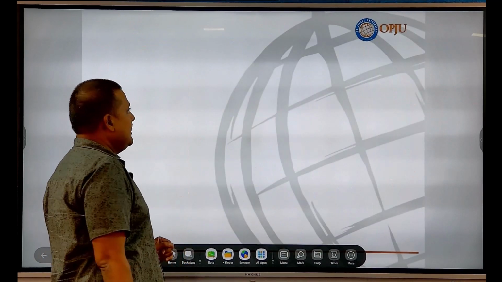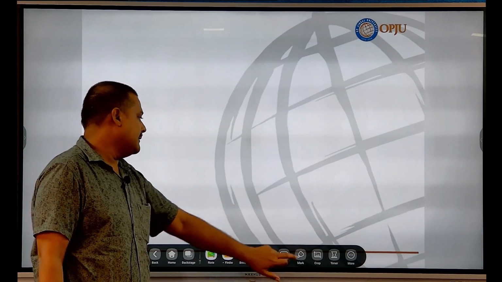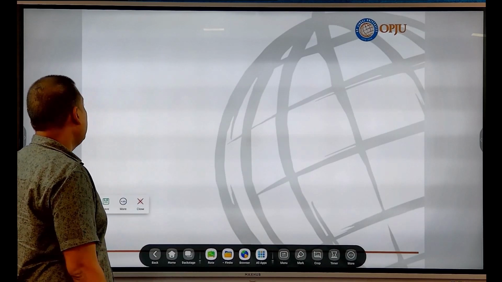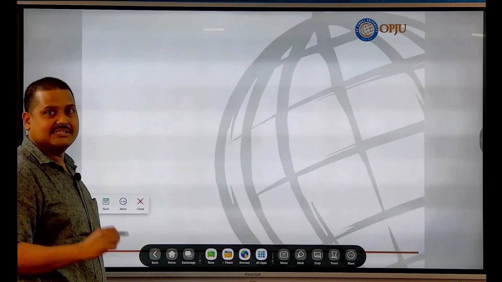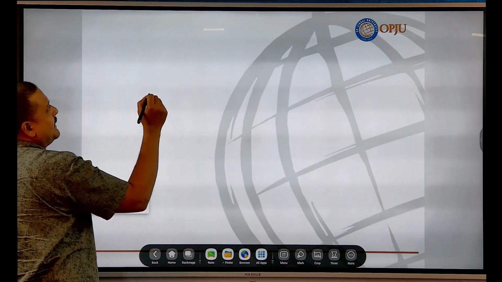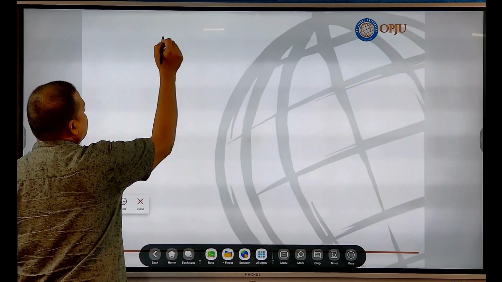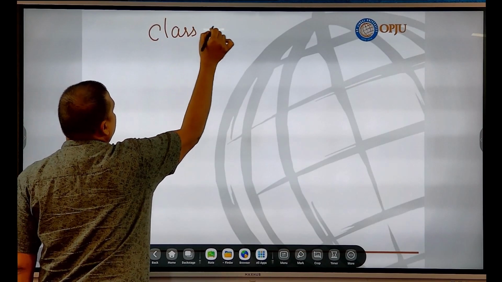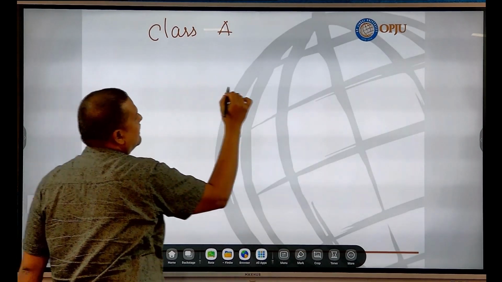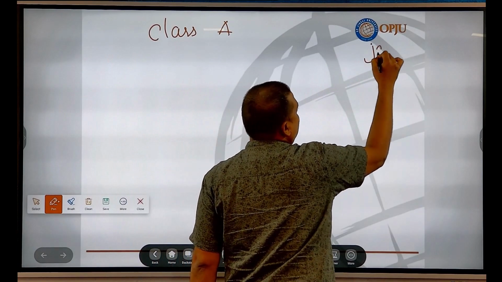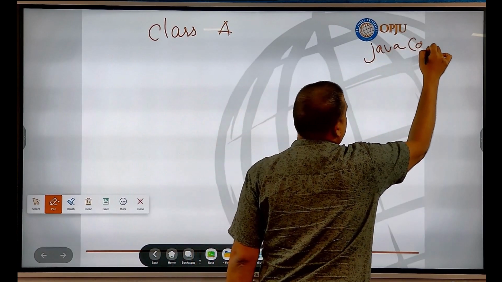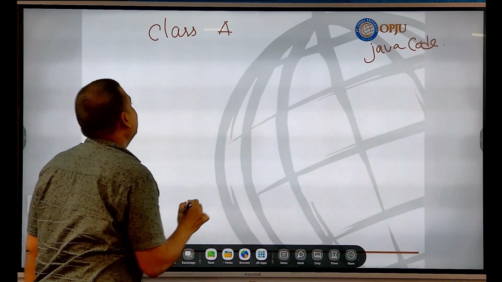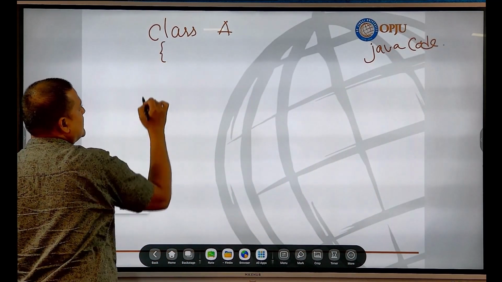So, here if we again try to write a simple Java code, how will it be written? It will be written like this. There will be a class, say for example, this is a class A. We are talking about a Java code. So class A, this is one class,